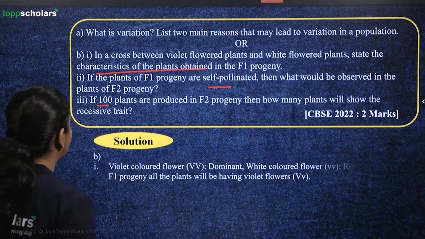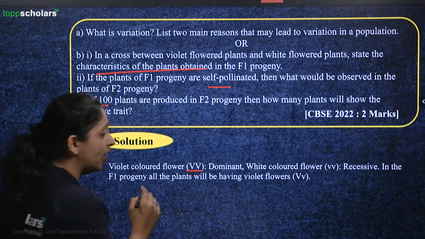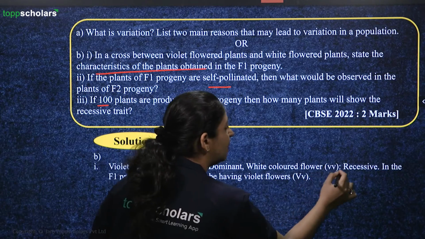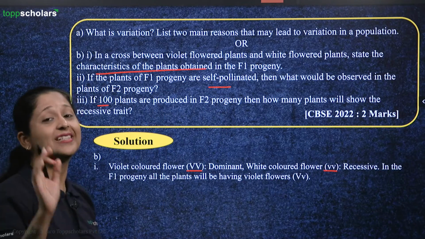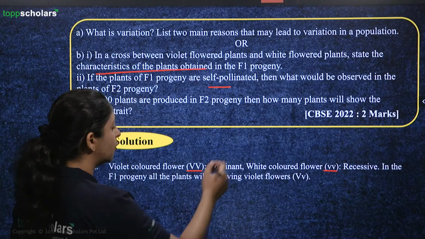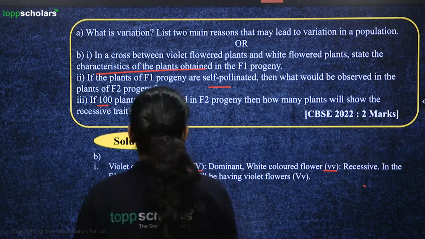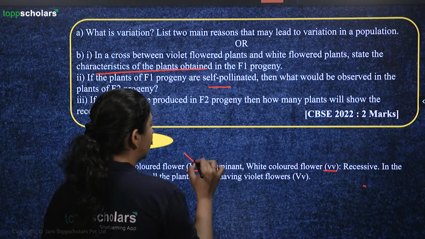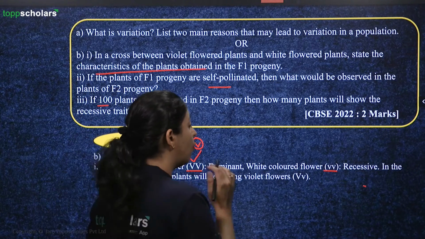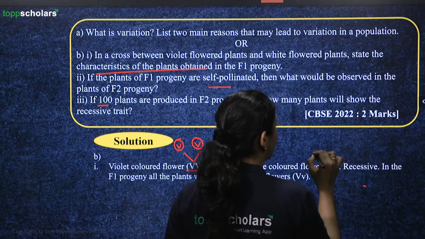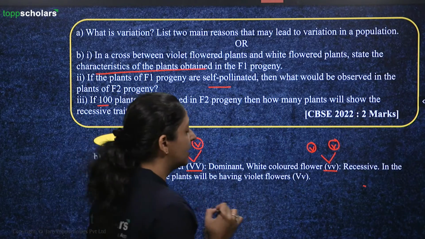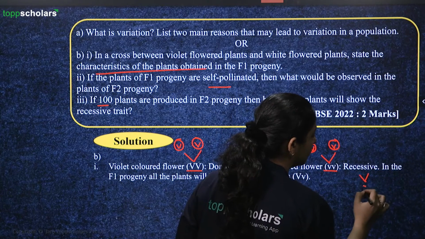First answer. If you have a violet color plant, capital V denotes it's a dominant trait. Then you have white color plants, small v denotes it's a recessive trait. So what will happen when you make a cross between them? Let's try to put this into a Punnett square. The violet color flower will produce all gametes having only the capital V gene. That is your violet color gene. Whereas the white color will produce gametes like this, all with the recessive gene. Correct? If you try to put this into a Punnett square,